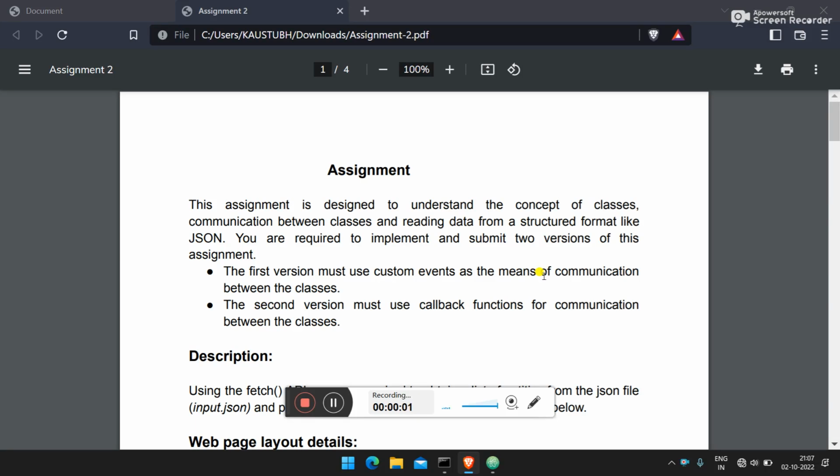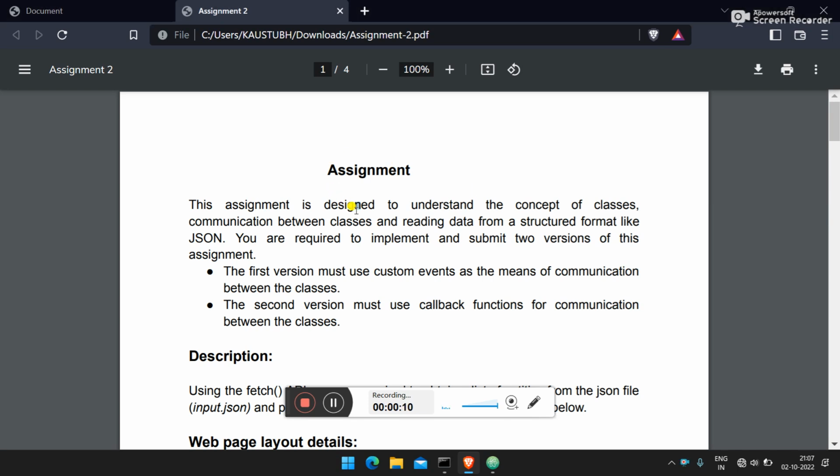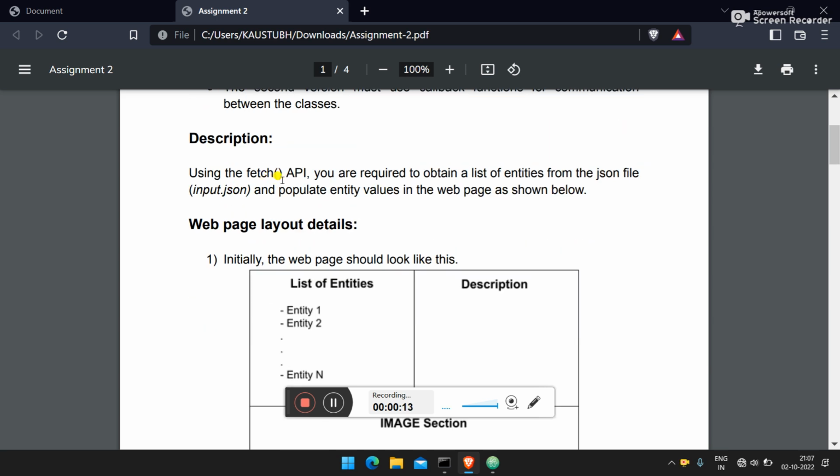My name is Kaustubh Shivshankar Shedole, BT20 CSC 112, and this video is for showing the demonstration for assignment number 2 IWP. In this assignment, we have to use Fetch API to obtain the list